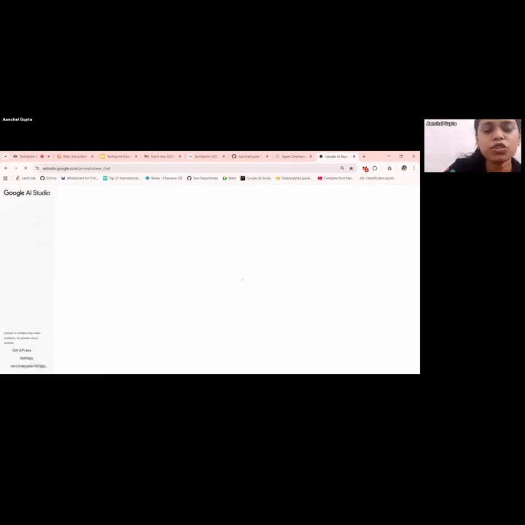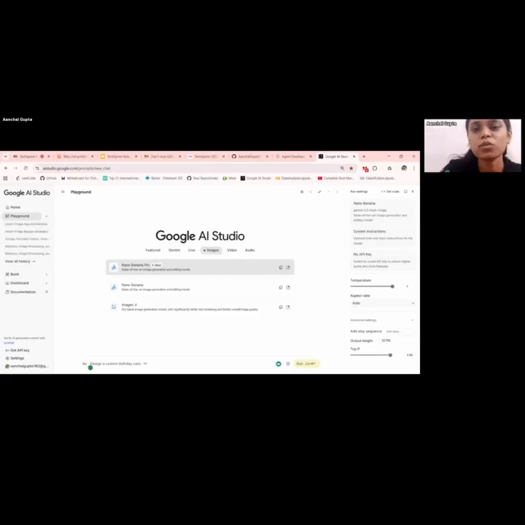So if you use ChatGPT, this is basically ChatGPT, but your credits don't run out. So you have a lot of tokens. The token limit is very high. And over here, you have all these modules that you can use. Along with that, there is this option to get API key. You can directly get your API key from here and use it to embed it in your application.